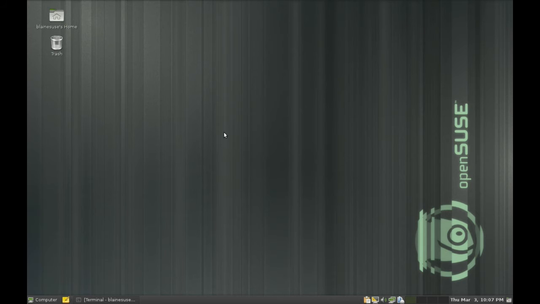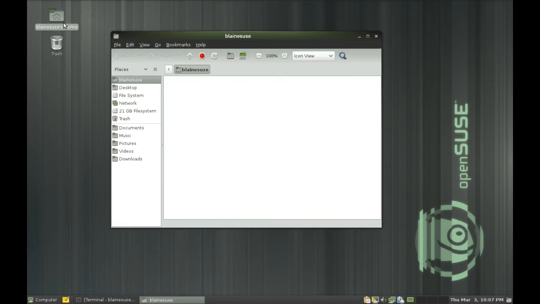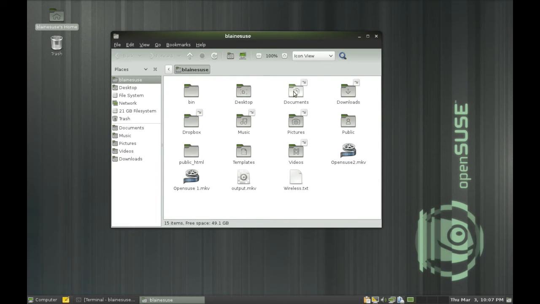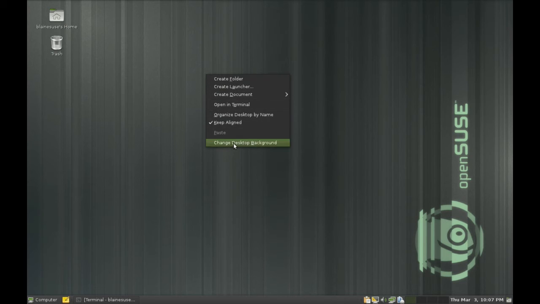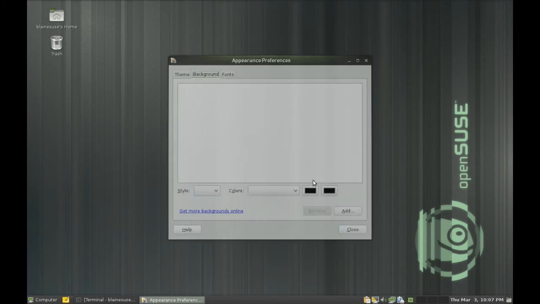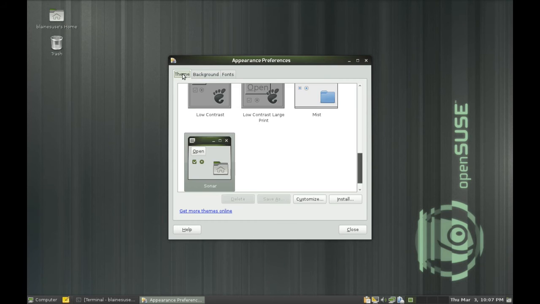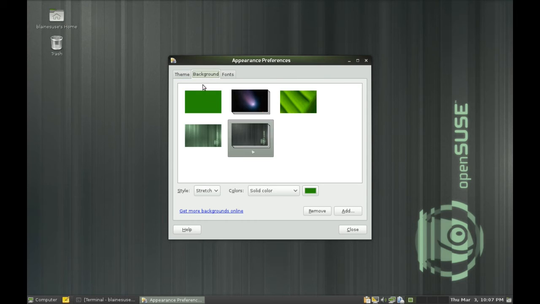Okay, so now here we are in GNOME, and again, not a lot has changed look and feel wise. The icons have been revved slightly. As you can see here, the icons are a little bit different. But basically it's the same desktop that we've seen in openSUSE 11.2, 11.3, and so forth. They're still using the same Sonar theme, which, in all honesty, I don't have a problem with. It works. It's nice. They've made some slight improvements to the